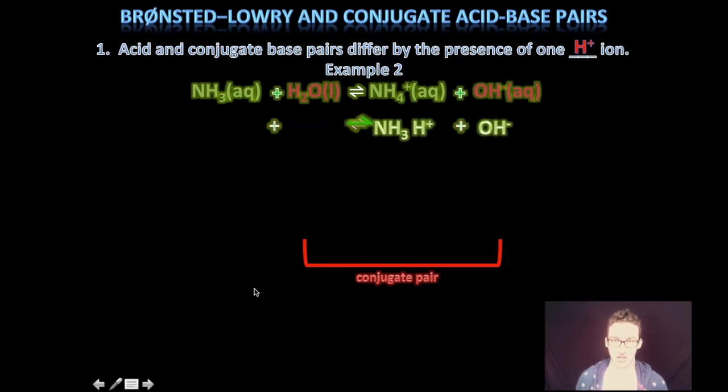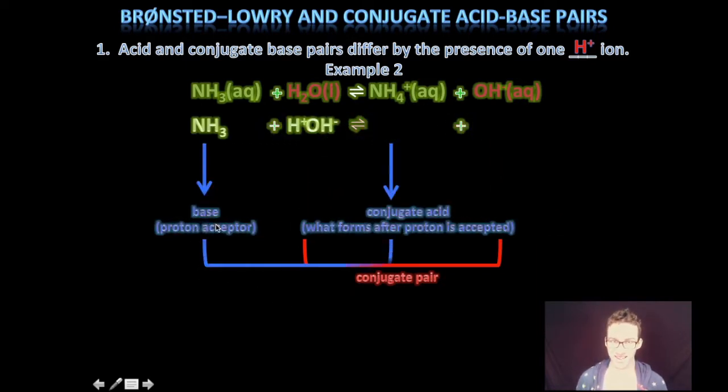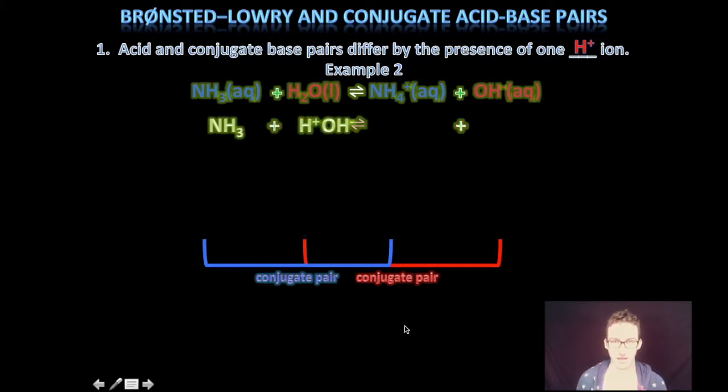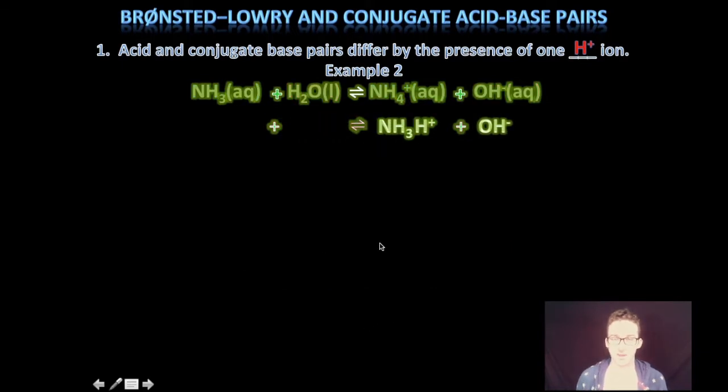Our second conjugate pair in this reaction, we've got the ammonia molecule acting as a base or a proton acceptor. Its conjugate acid is the ammonium ion. In other words, it's what has formed after the ammonia molecule has accepted a proton. Now, take a quick look at the conjugate pairs that we've identified here, because if we look at this reaction